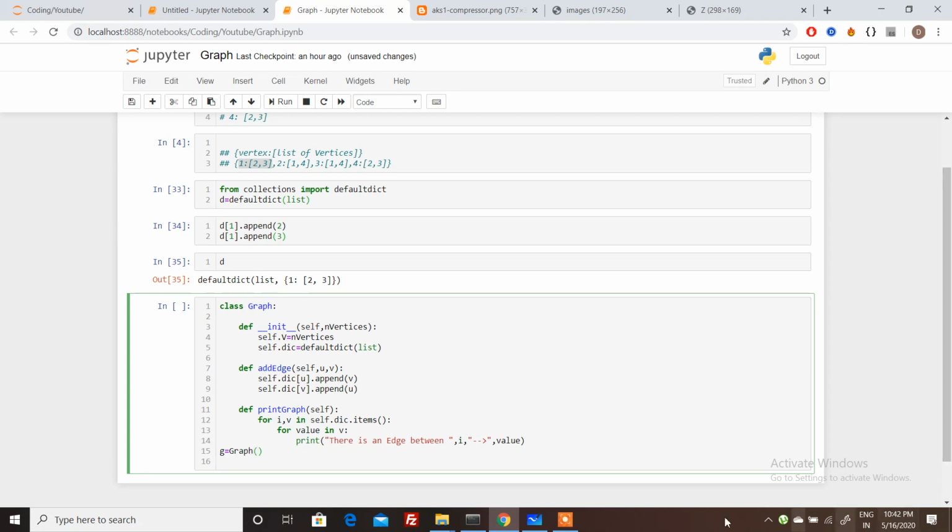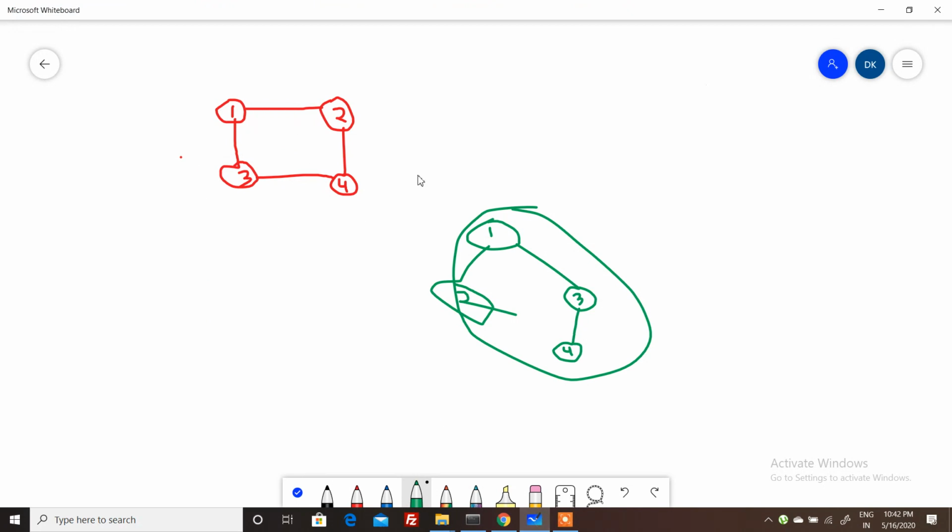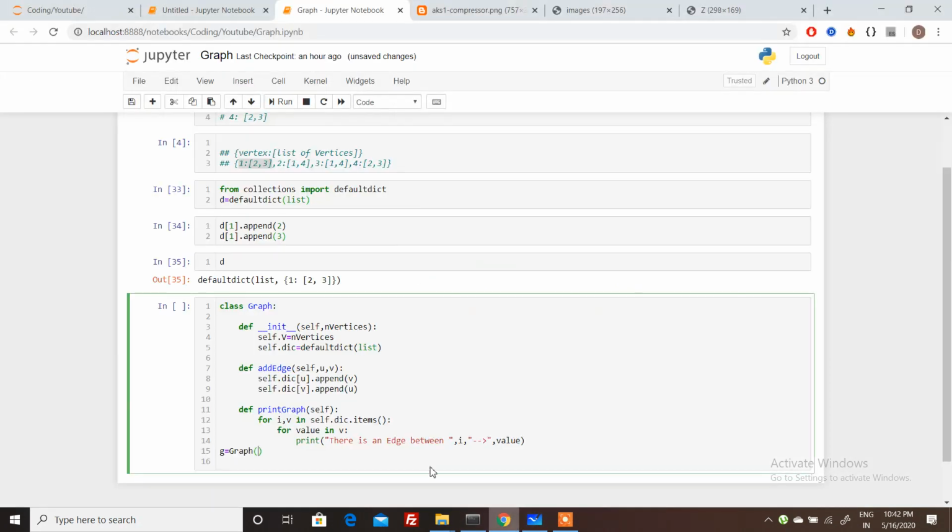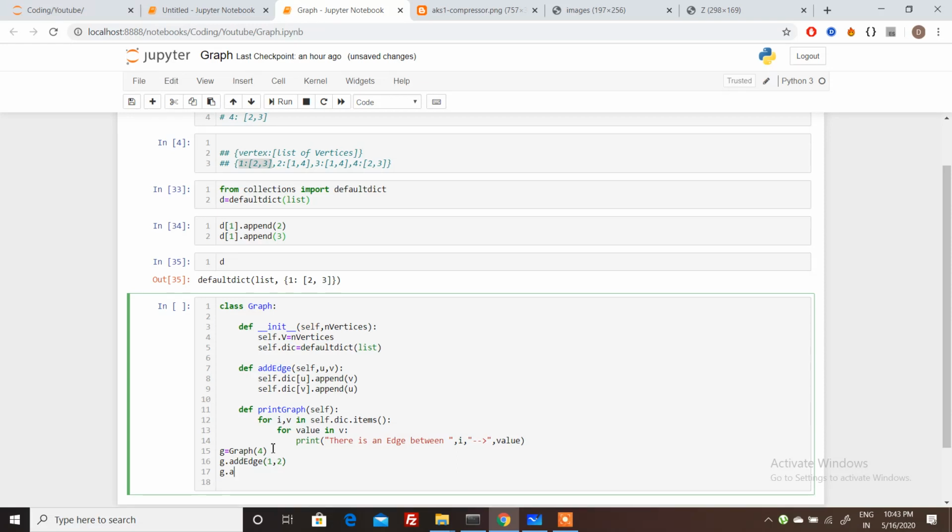In this graph we have 4 vertices, so we will pass 4 here. Then call the add edge function. Firstly we will add the edge between 1 and 2, then 1 and 3. It will automatically add the edge between 3 and 1 also. Then 2 comma 4, and 3 comma 4.